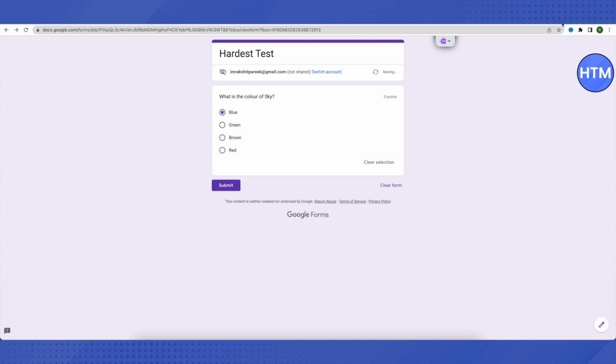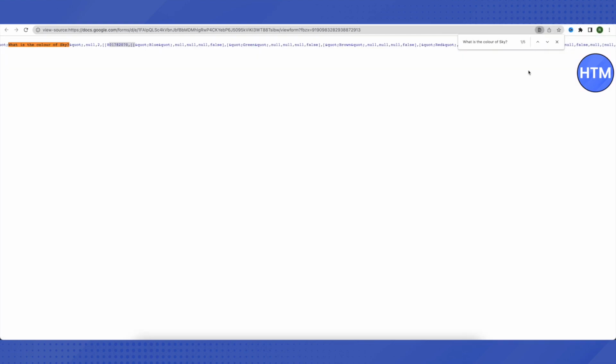So this way you can see all the right answers, but this is not a perfect way to find the answers, as the code might be different for different questions or different type of questions. So the best way to find all the answers is study. So make sure that you study well before your exam,